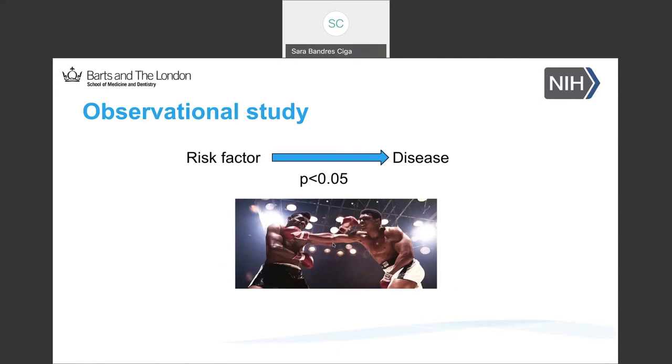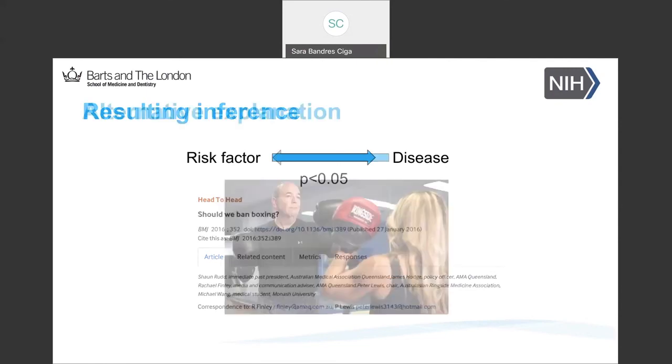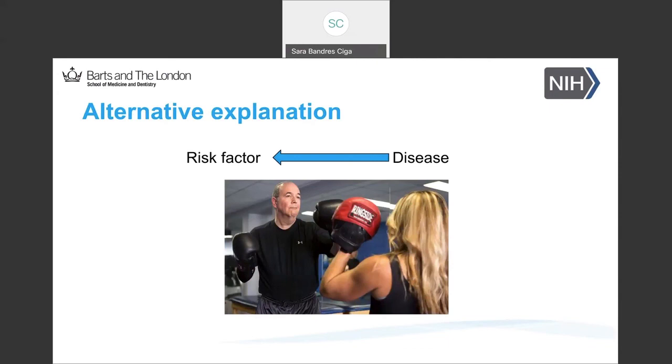I'll take you through a specific example. This is head injury and the association with Parkinson's disease. When we see in an observational study an association between head injury and Parkinson's disease, the assumption we make is that it must be causally related. That leads to people talking about public health interventions like banning boxing, banning scenarios where you might acquire a head injury. But of course, the alternative explanation is that something about Parkinson's disease predisposes you to getting